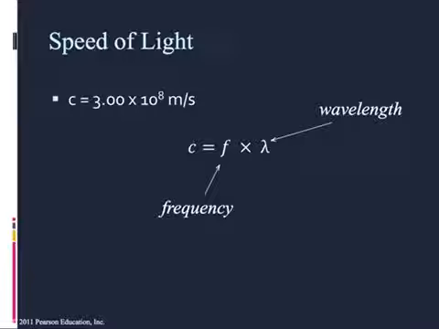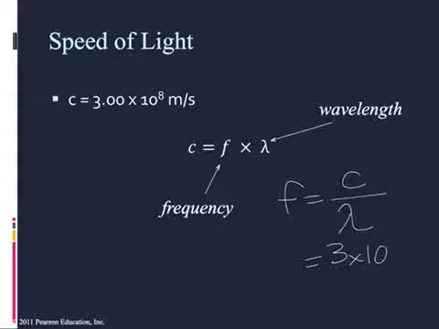We do, however, need to figure out the frequency. So when you rearrange this equation to solve for the frequency, you're going to take the speed of light, 3 times 10 to the 8th meters per second, and divide by whatever wavelength you happen to get. Wavelength typically will be measured in meters, but wavelengths of light are very small, so oftentimes they are in nanometers. We'll talk about the specific values for that tomorrow, but just know